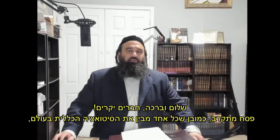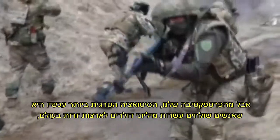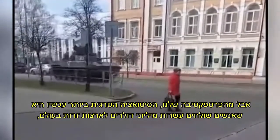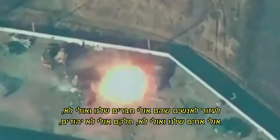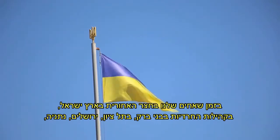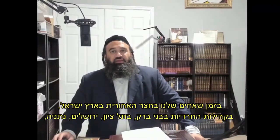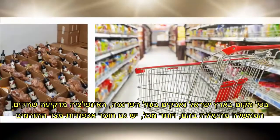Shalom v'cha, chaverim ikarim. The Pesach is among us. Of course, everyone understands the dire situation in the world. But from our perspective, the most tragic situation right now is that we have tens and tens of millions of dollars going to foreign countries to help some people that may or may not be our friends and our brothers, may or may not be Jewish, while our own brothers that are verified our brothers in our backyard in Eretz Yisrael, in the Efraim communities, in Bnei Brak, in Tel Zion, in Yerushalayim, in Netanya, in literally every part of